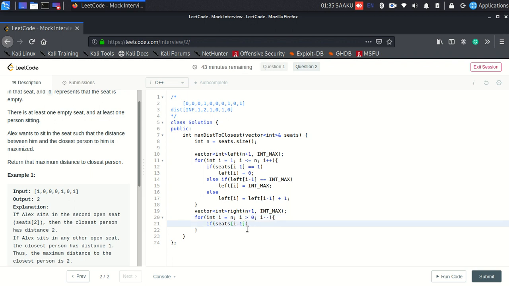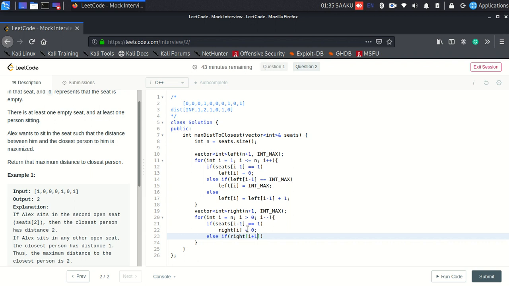So my seats of i minus 1 is equal to 1, then I would tell that my right array of i is equal to 0, else if my right of i plus 1, that's